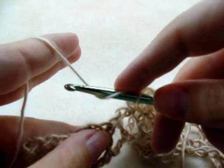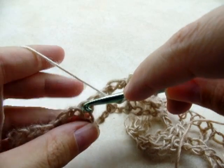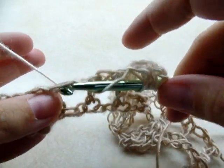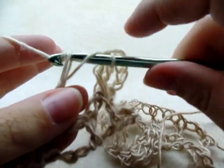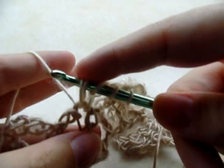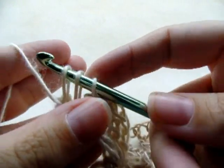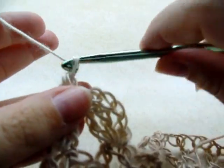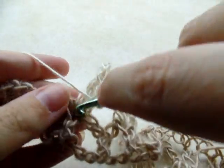We're going to start by doing a triple crochet 2 together. It's triple crochet 2 together. If I said double, I'm sorry, but it's triple. Go in, drop a loop, go through the first 2, go through the next 2, yarn over twice, go back through the same stitch, drop a loop, go through the first 2, the next 2, you've got 3 loops left, yarn over and go through all 3, and now we're going to chain 4: 1, 2, 3, 4, go back into the same stitch and